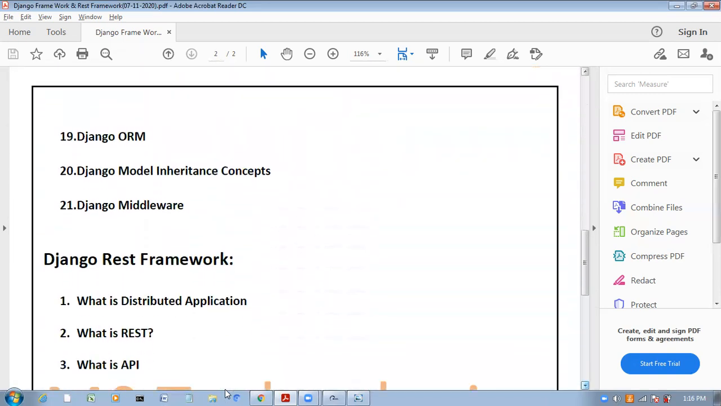Next topic is Django ORM, object relational mapping. And this is one of the important topics. Right here we are going to see the mappings and how to filter the data. Suppose instead of getting complete data from the database, based on ID I want to get the data, based on names I want to get the data. I want to apply some filters to fetch the data from